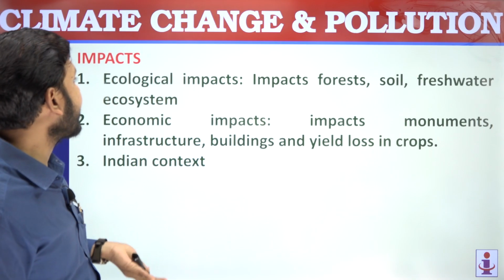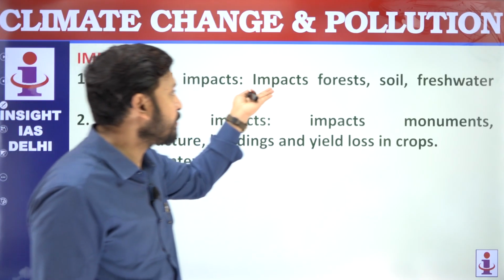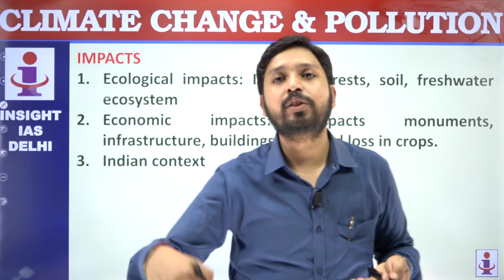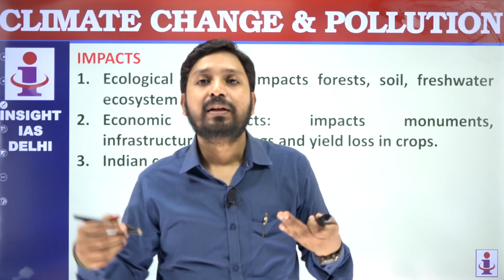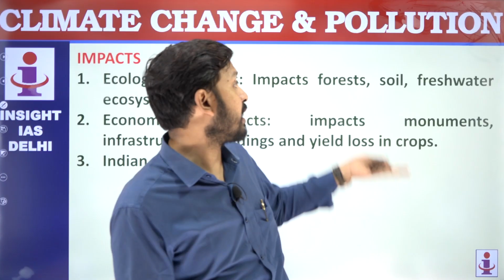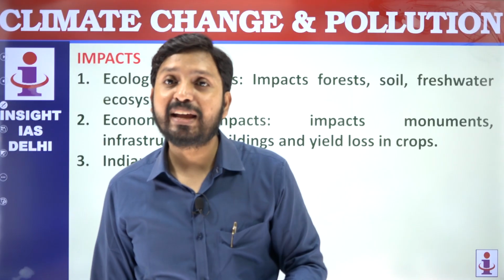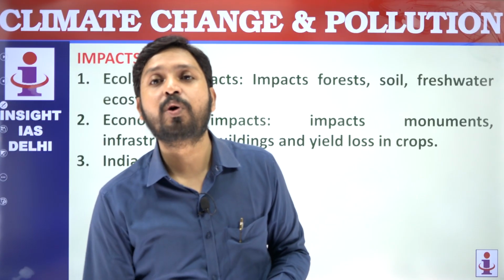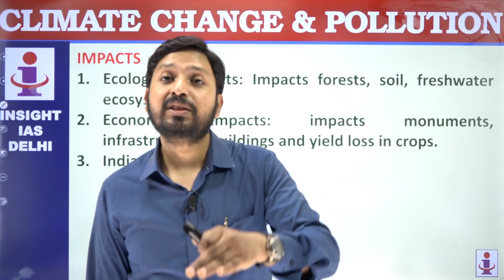Okay, so what are the impacts? For example, ecological impacts. If you see, when this acid rain is falling on the forest, it will impact the leaves, all these things, right? Chlorophyll, so photosynthesis, everything will be impacted. So the productivity of these things will be reduced. Apart from that, when it falls directly on the soil, leaching of the soil will take place. The useful nutrients will go away. So because of that, the soil productivity